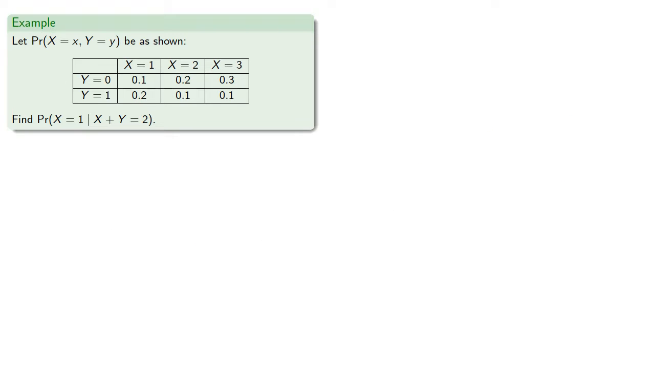Now we can also consider other possibilities. Let's find the probability that x equals 1, given that the sum of x and y is 2. So the probability that x equals 1 and also the sum of x and y is 2, well, the only way for that to happen is that y also has to be 1. And so that probability is